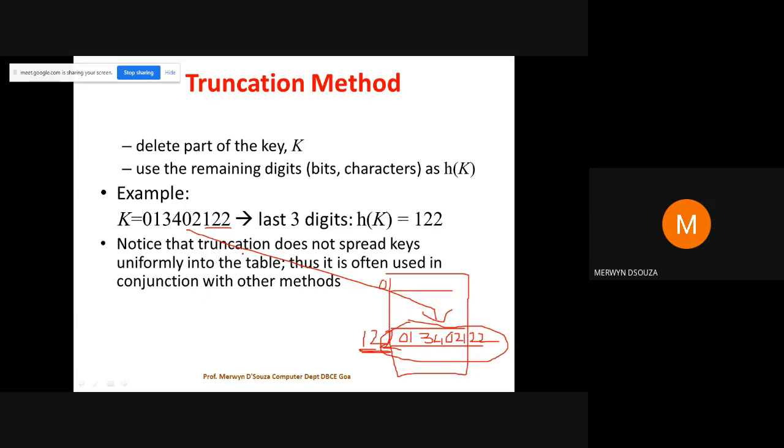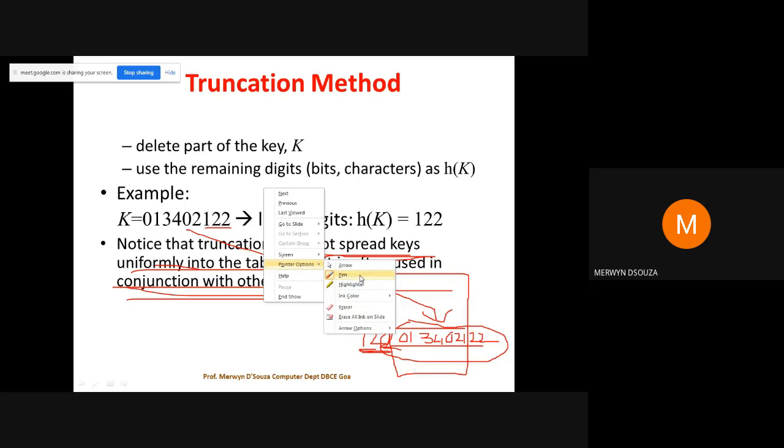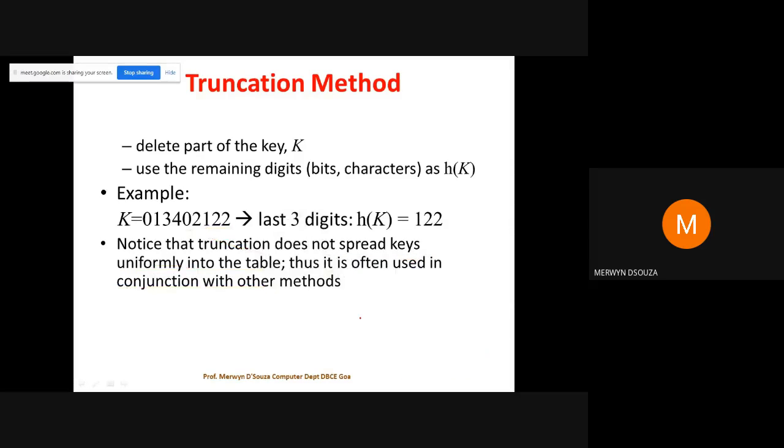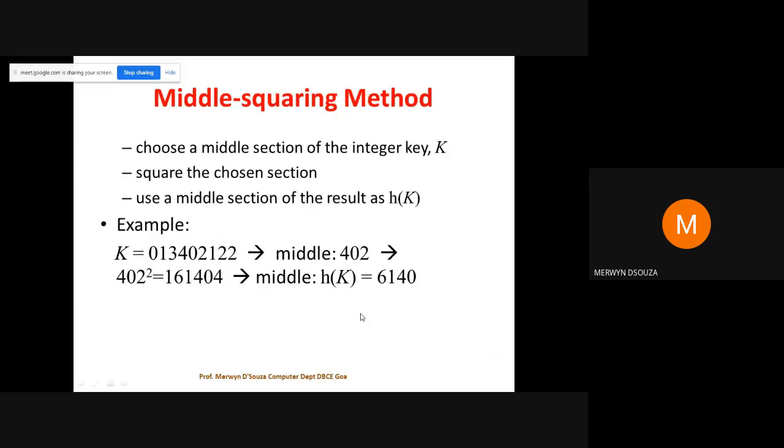Okay, so the disadvantage of this method is it does not spread the keys uniformly into the table. So it is mostly used with some other methods. It is not used on its own. But this is one of the ways you can compute your hash function. Okay, so the third way of computing a hash function is known as the middle squaring method. So in the middle squaring method,